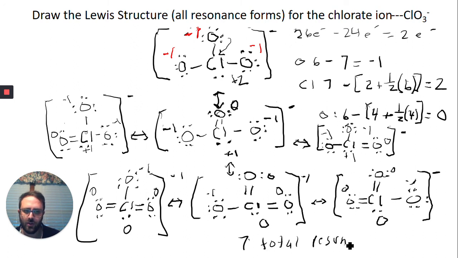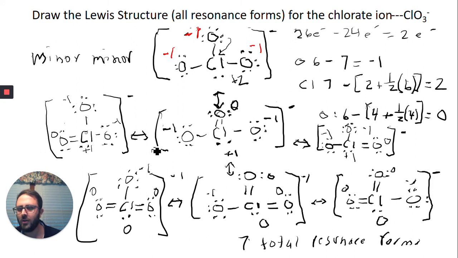resonance structures, resonance forms. So we would call this a minor structure, and this would be the second set here would just be a minor resonance form. Each one of these would be a minor resonance form, and then each one of these would be a major resonance form. Okay, like I said earlier, this is a somewhat more complicated problem, but you should be able to